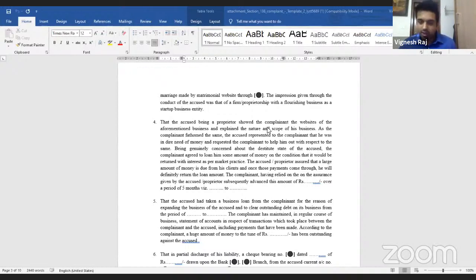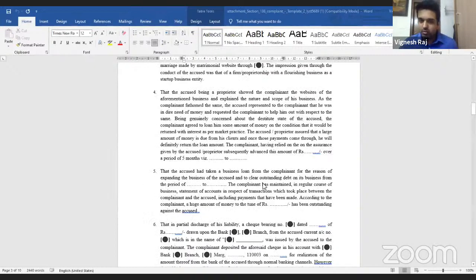That will be as per what your client generally tells you was the nature of the transaction. You will probably be representing the complainant. So you will have to be made aware of it and appropriately draft it with your client's instruction, and expressly state the existence of such debt, and that the check was issued towards the discharge of the debt. It can be towards a partial discharge or a complete discharge.